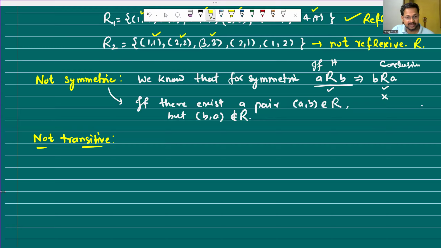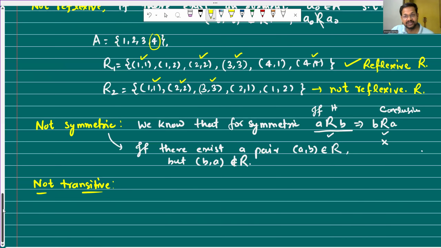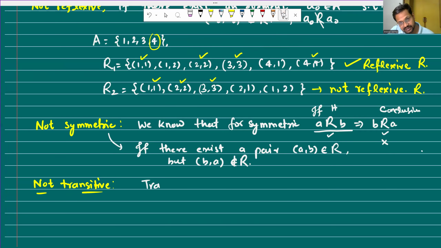ठीक है, तो ट्रांजिटिव के लिए हमारे पास क्या कंडीशंस हैं, हाइपोथेसिस क्या है, that is A is related to B। ट्रांजिटिव की जो हमारे पास हाइपोथेसिस है वो क्या है, कब होता है, if A is related to B and this B is related to C, this implies A is related to C। तो अगर हमारे पास ये दोनों चीजें फुलफिल हो रही हैं, बट ये नहीं फुलफिल हो रही है, then we will only say this relation is not transitive, otherwise we say it is transitive।